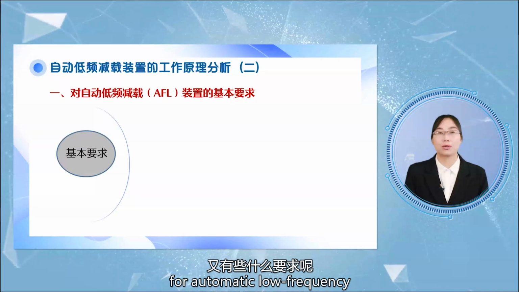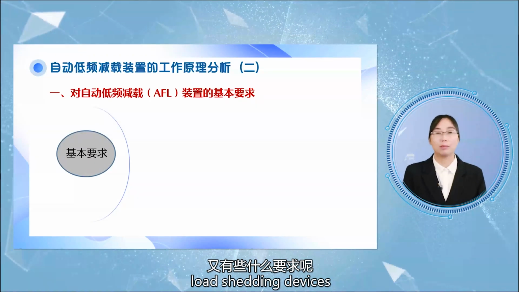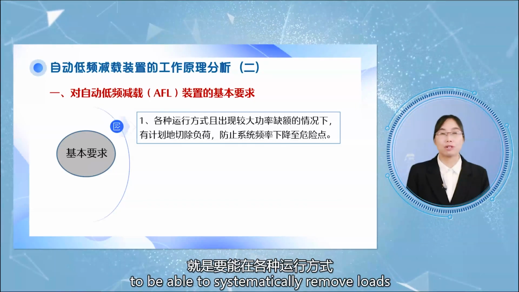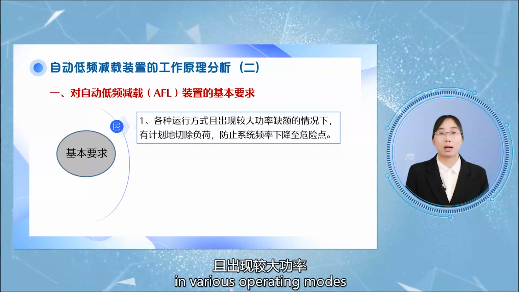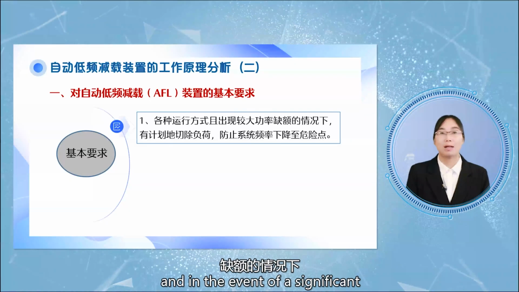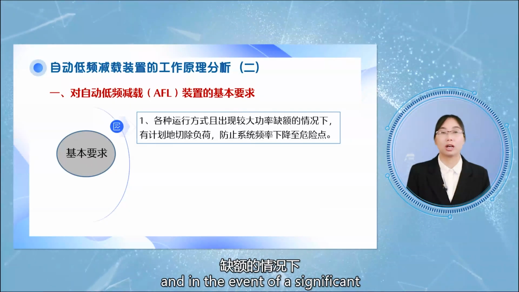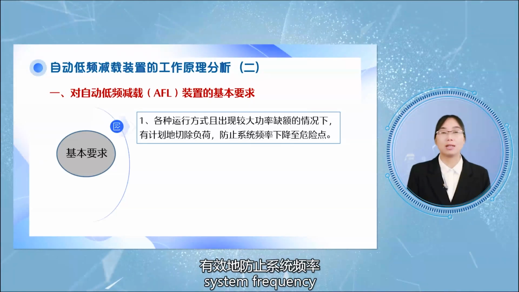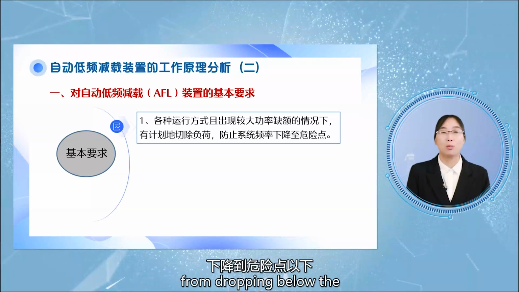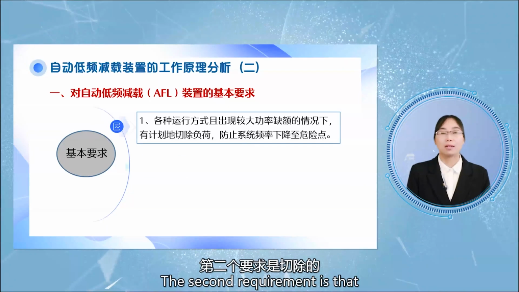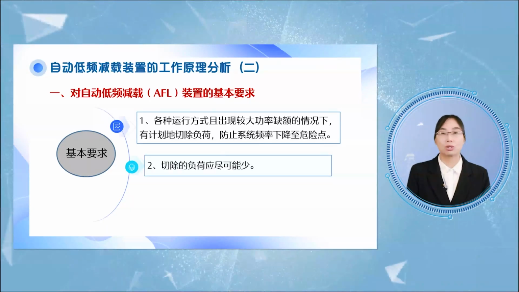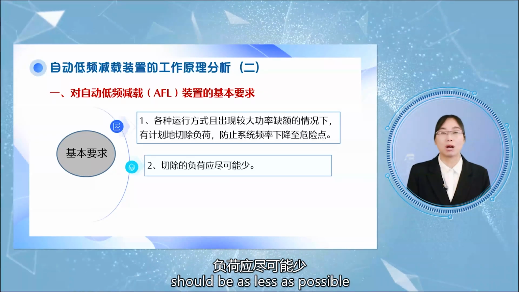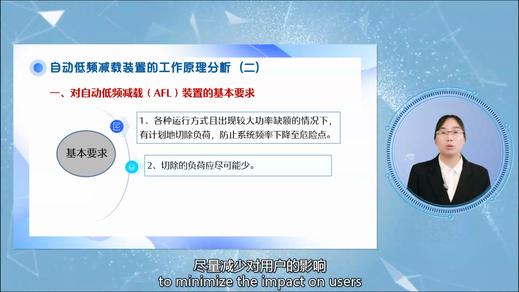For automatic low-frequency load-shedding devices, the first requirement is to be able to systematically remove loads in various operating modes and in the event of a significant power shortage, effectively preventing the system frequency from dropping below the danger point. The second requirement is that the load to be removed should be as small as possible to minimize the impact